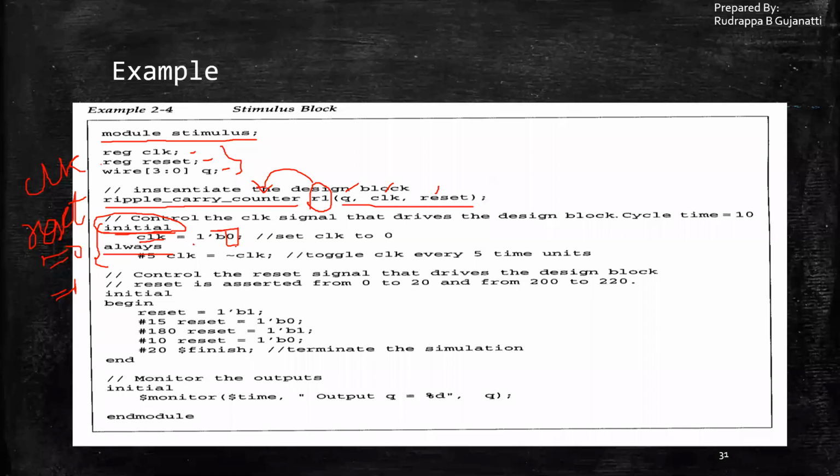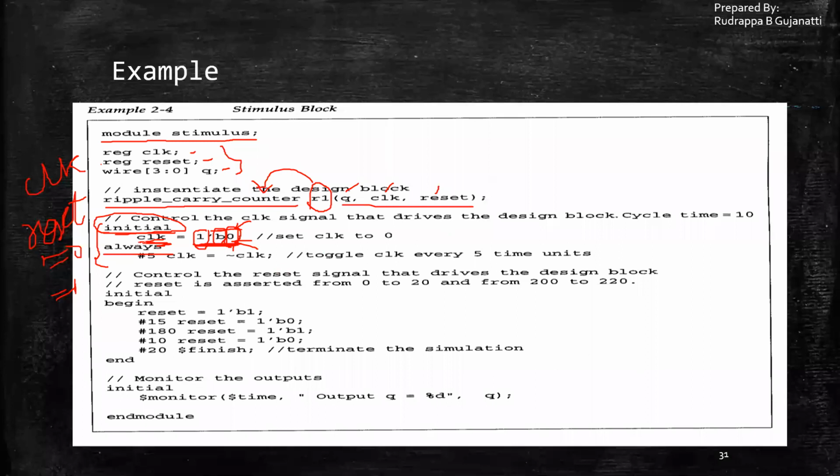Just for your understanding, remember that you set the clock to 0, which is just 1 bit in this form. What is this? This is the value which will be present in this. What kind of value is it? It is a binary value. And what is the size of this information? The size is 1 bit. If it's a decimal and other kinds, then you can go ahead with other definitions.